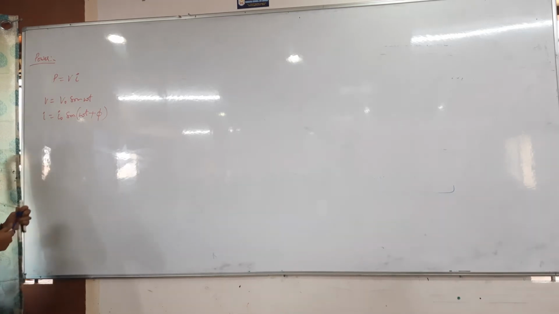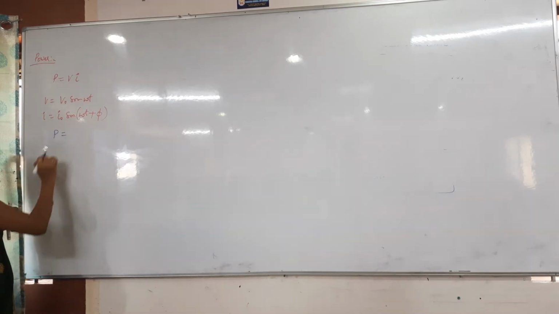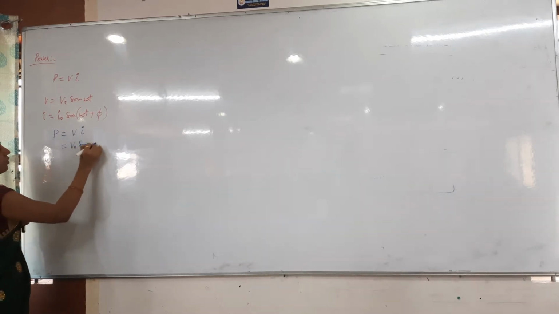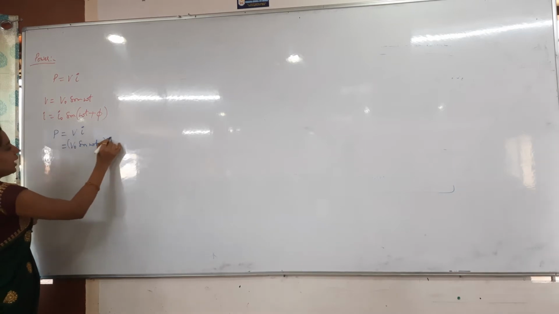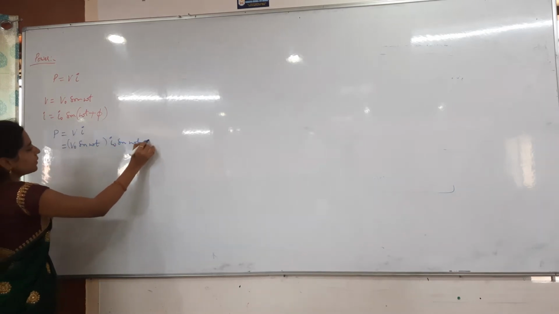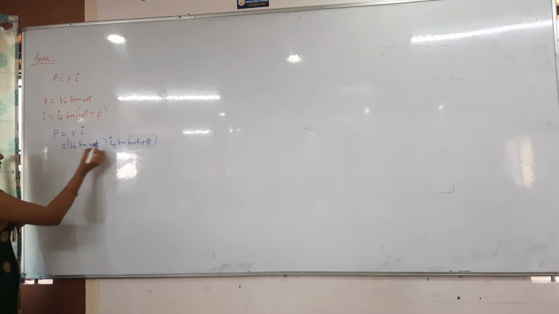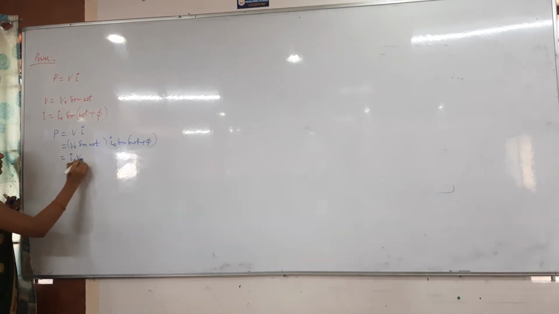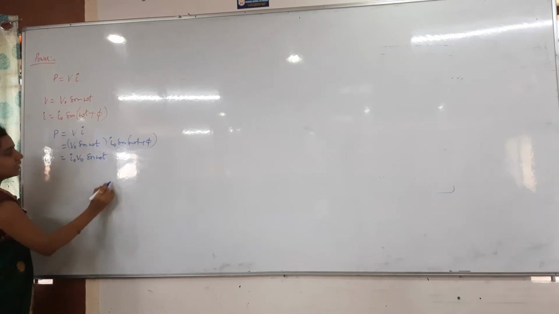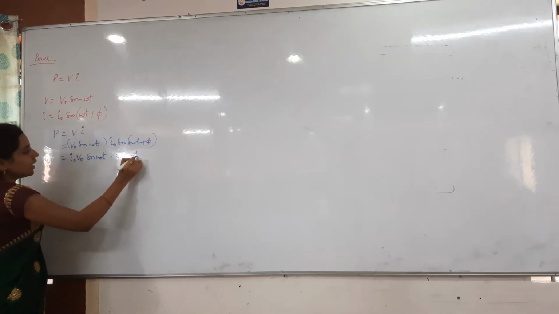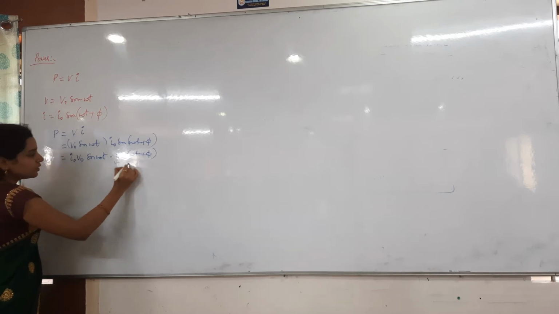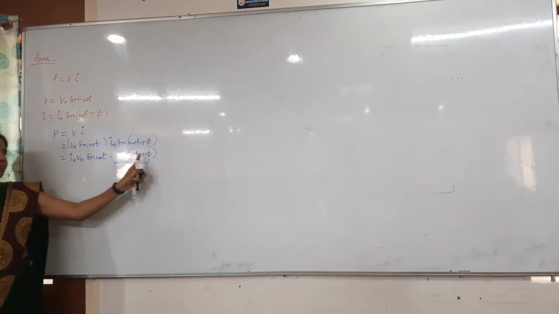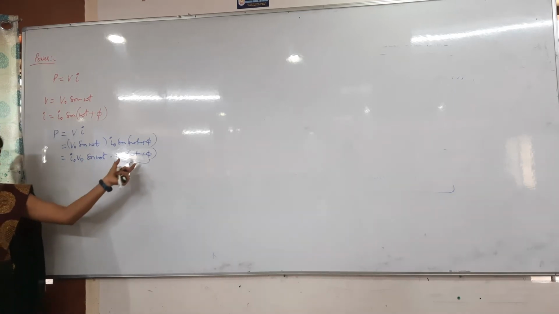Now I have to multiply them to get the power. Power is equal to V times I, that is V naught sin omega t into I naught sin (omega t plus phi). Observe properly, these are trigonometric calculations. So that is I naught V naught into sin omega t into sin (omega t plus phi). This one is in the form of sin of A plus B. You just forget about the first term for now. First of all we have to do this.